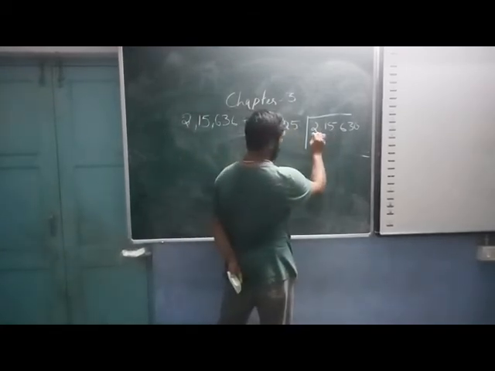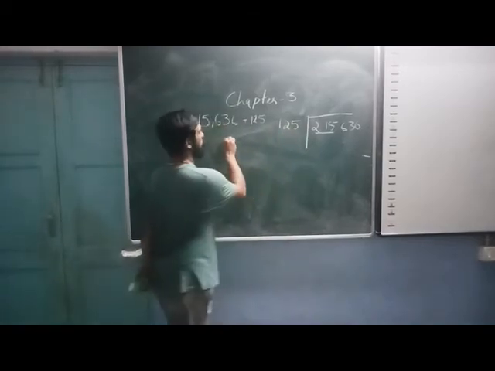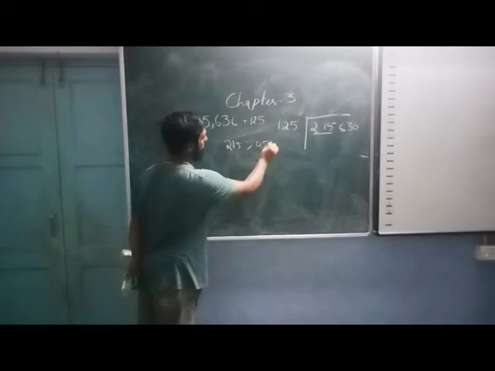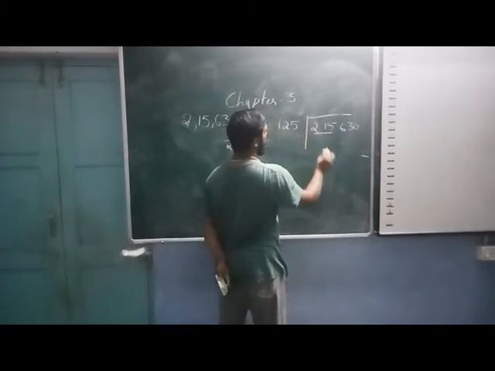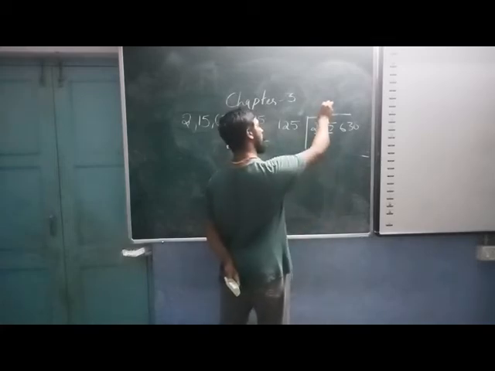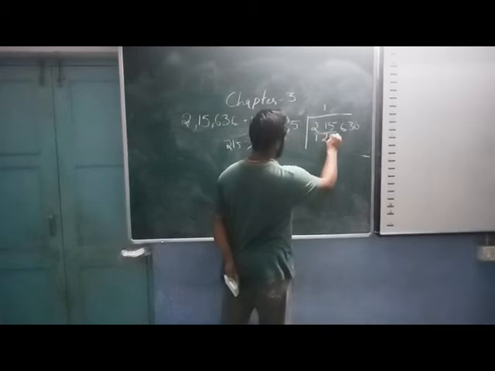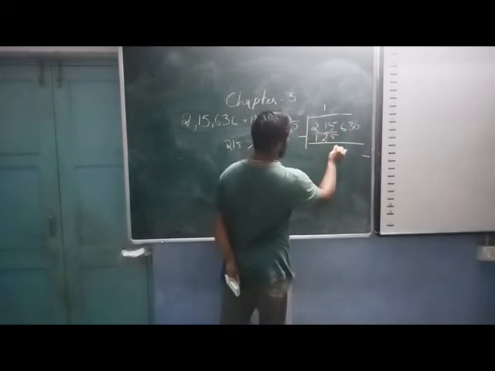So let us say this is a 3-digit number. So first of all, we have to look into the 3-digit number. So see, 215 is greater than 125. So we can directly divide. So we see how many times 125 in 215? 1 time. So we write 125. So now subtract, you get 0,